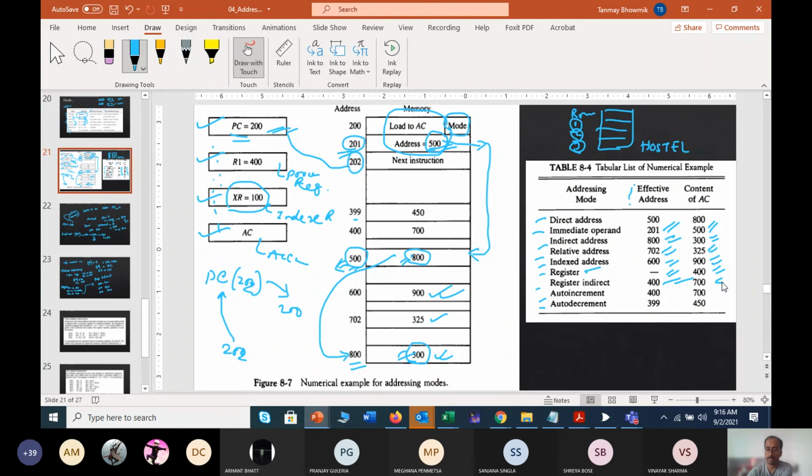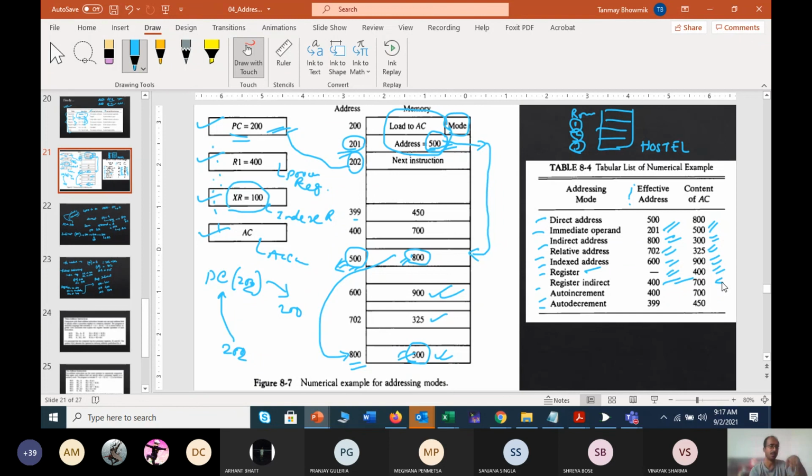Now first you should clearly understand from direct to register indirect. If you get it properly, then only we can jump to auto increment and auto decrement. That is actually not any different. Auto increment, auto decrement is just like what we do in our programming language, plus plus or minus minus, like x equals x plus 1.